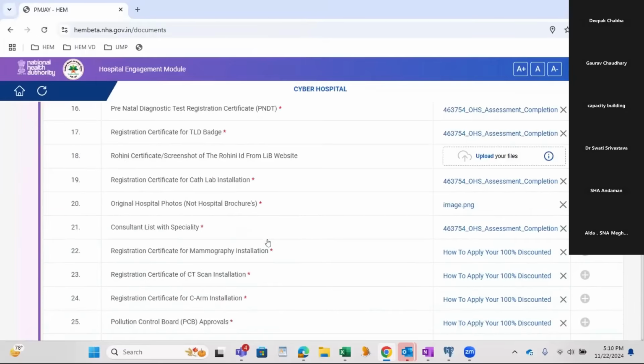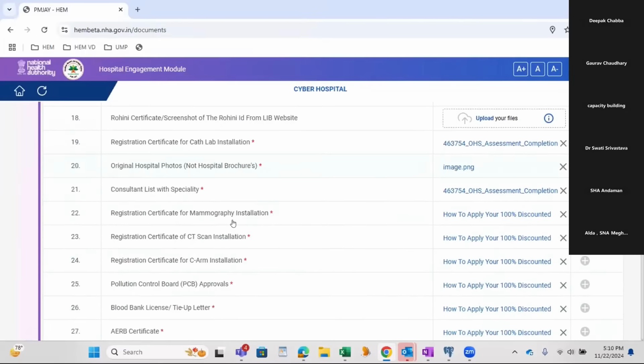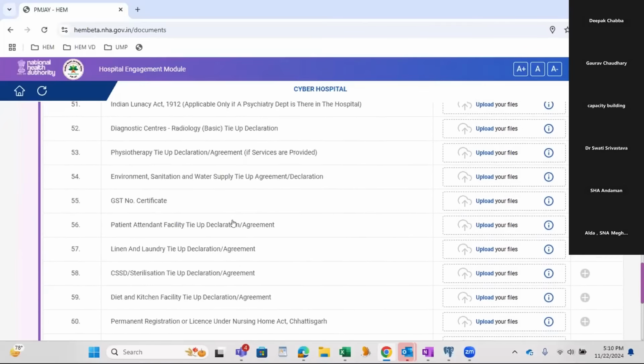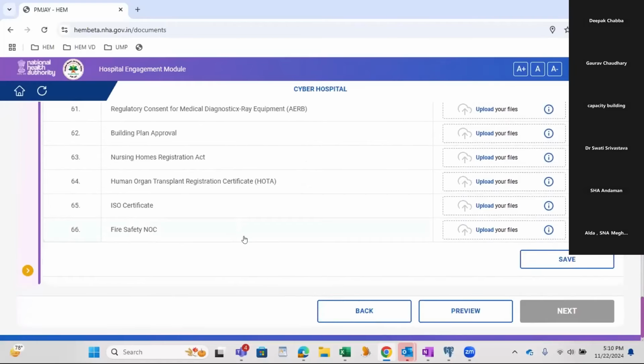I've uploaded all the documents which are mandatory. Now navigating to the bottom, I click on save.